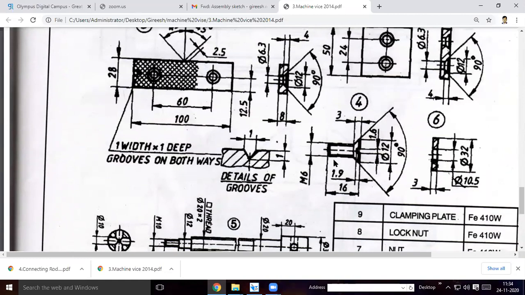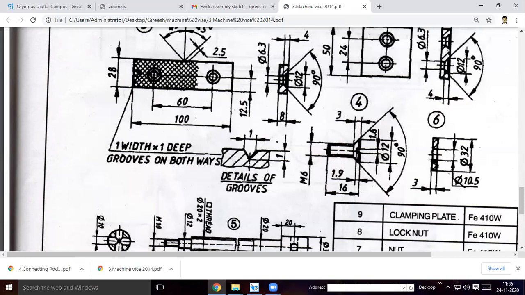Here the distance will be, see, total distance 16 is given, minus 3 mm. This length will be 13 mm. So draw this width of the screw; the diameter will be 6 mm as M6 is given. Then this will be 13 mm.